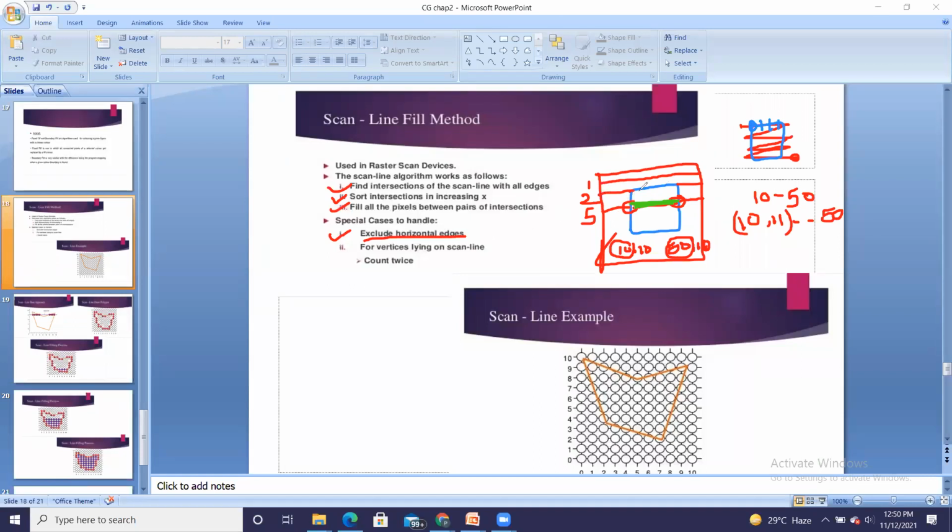So the second scan line will be excluding the horizontal lines, then only I will get the correct output. Same is true for this horizontal line. So such horizontal lines are skipped. Getting it? The meaning of excluding horizontal edges.